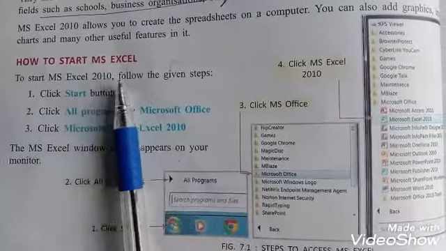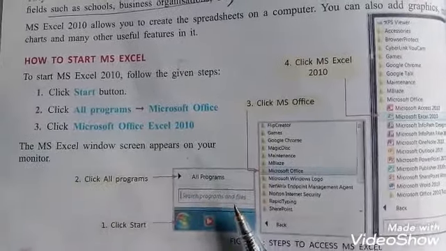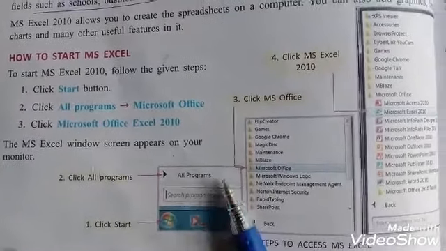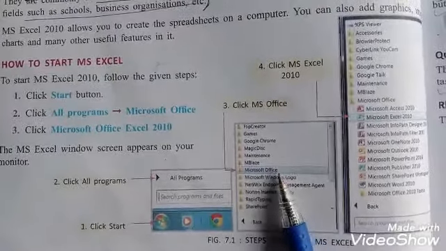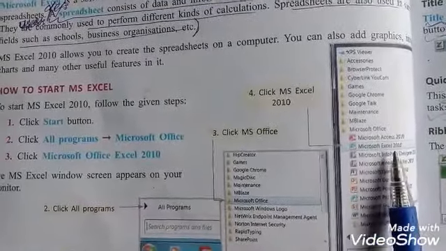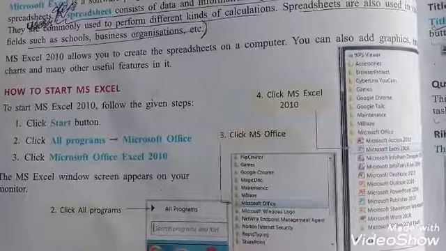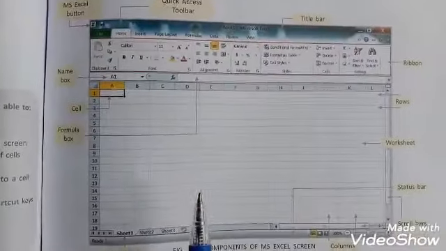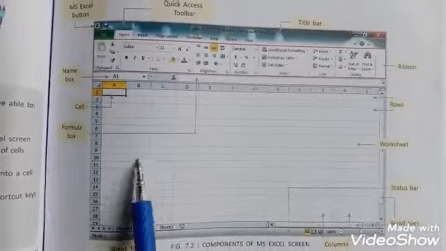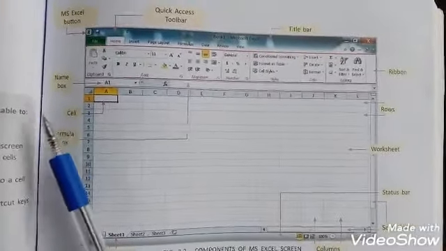First, we discuss how to start an MS Excel program. To start MS Excel, click the Start button, click All Programs, click MS Office, and then click MS Office Excel 2010. When we click MS Excel 2010, this page appears on your computer screen and consists of different components related